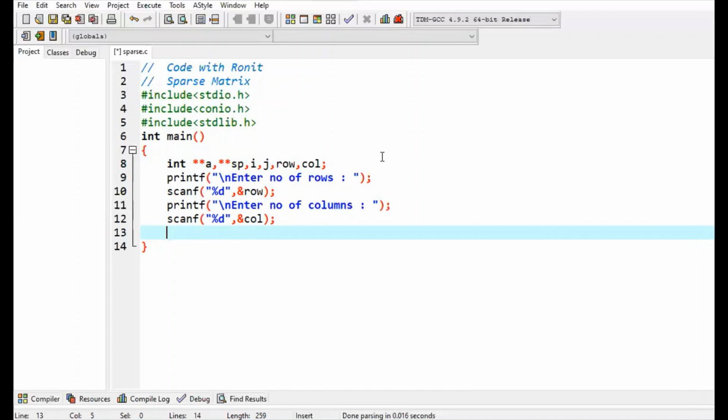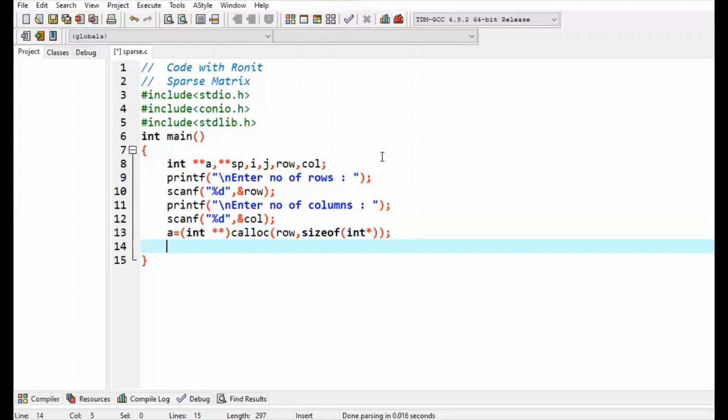Now we are allocating the memory using the calloc function. Now to take the array elements, array input,